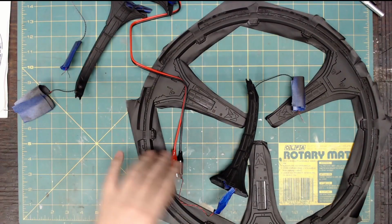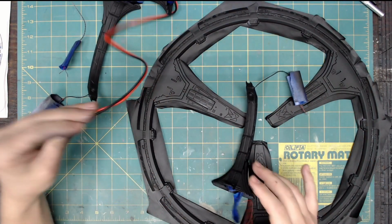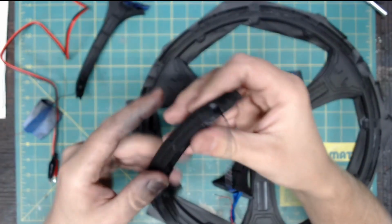Not bad though. I mean, for the first layer of paint, because it went on so dang thick. Anyways, I'm not even gonna hook up the others to look at them. They're all gonna be pretty much the same in that respect. I've got one, the very first one I did,